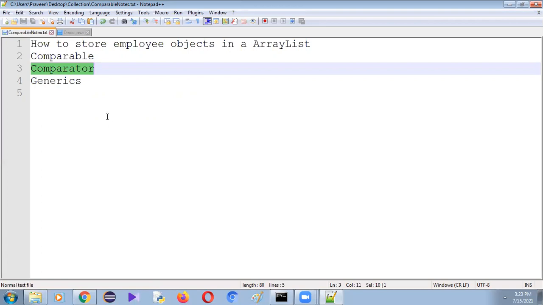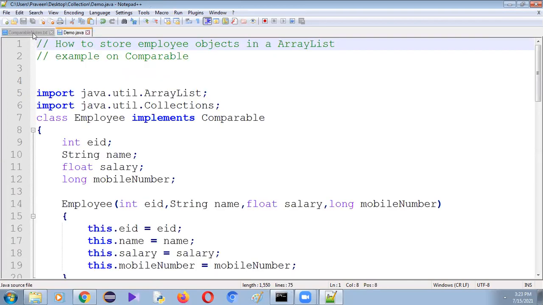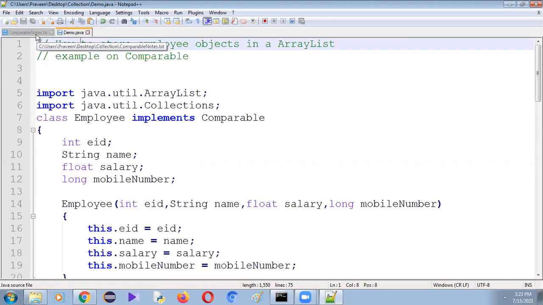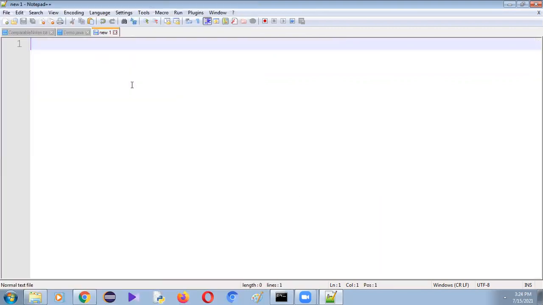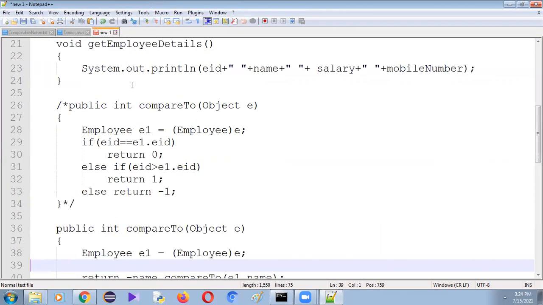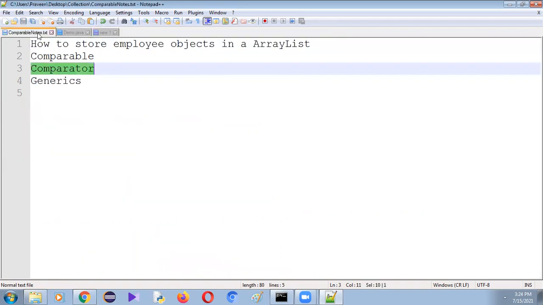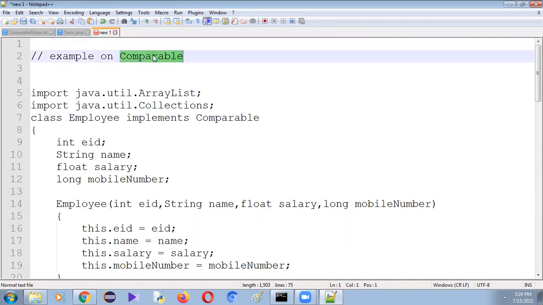So let me show you the example on Comparator. Let me change the same program. Example on Comparator.